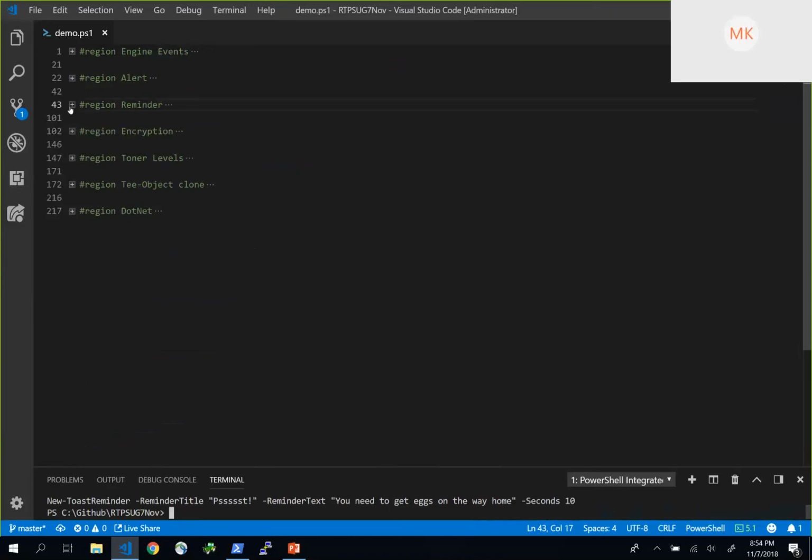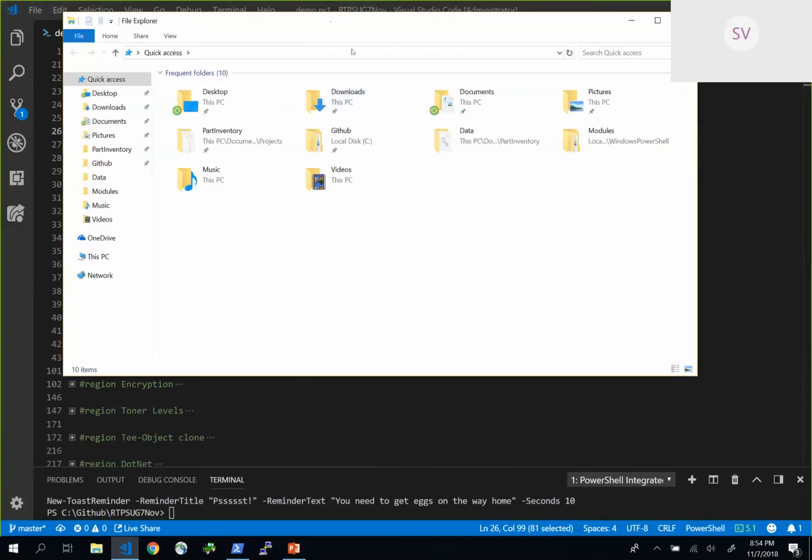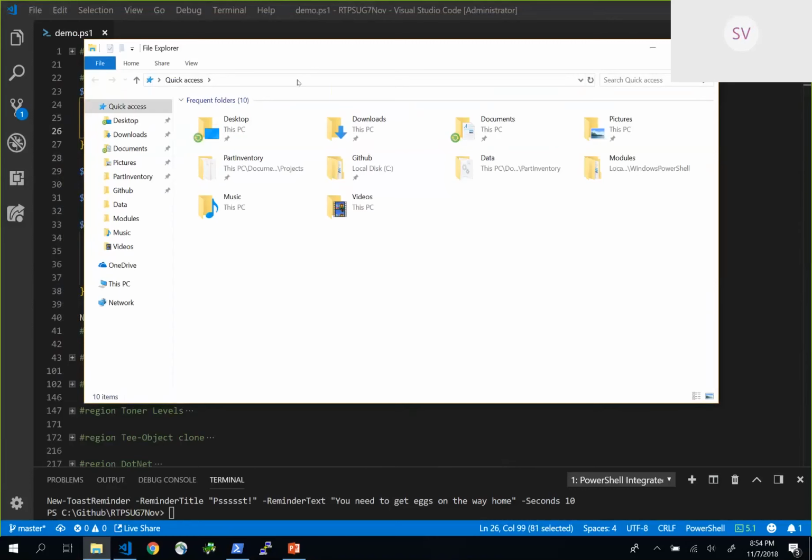I wanted to ask you, you mentioned in the toast alerts that you could have buttons, and we went to that Grafana thing. The link that you did, that was an HTTP link that you pulled that from? Yep. So what about links to log files? Absolutely. You can do files just as easy as you can. You just need the